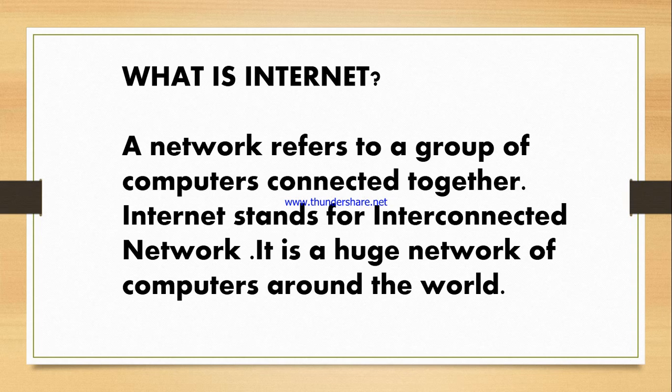What the name says, internet means interconnected networks. It actually refers to interconnected networks, or a huge network of computers around the world, or you can say a network of networks. Internet is where different types of networks are connected and become the internet. Different kinds of networks from all over the world are all connected. As you know, if you are using the Airtel network in your home, someone is using the Jio network, someone is using Vodafone or another one, so people are using different networks.